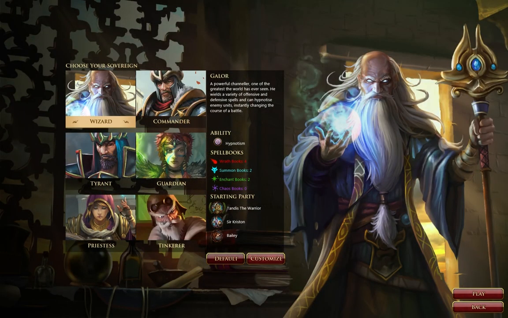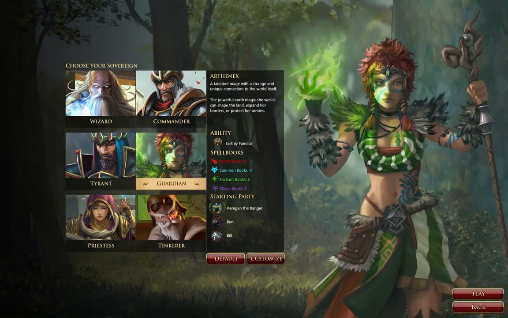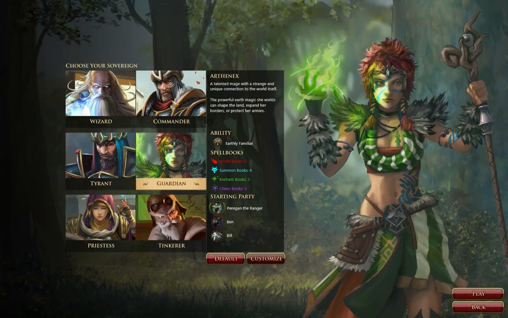These guys are not actually going to be on the map. You're going to be playing as them. However, they're each going to start with a different champion. So, for example, Galor the Wizard starts with Tandis the Warrior Champion and 2 regular units. So the Guardian that I'm going to play as starts with...